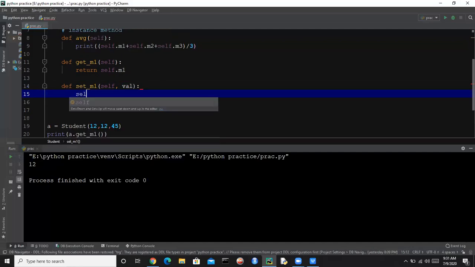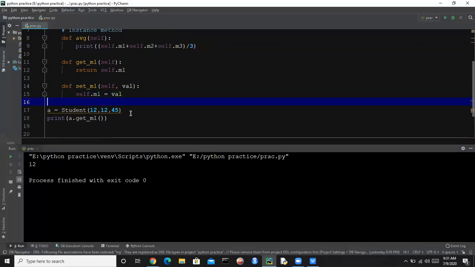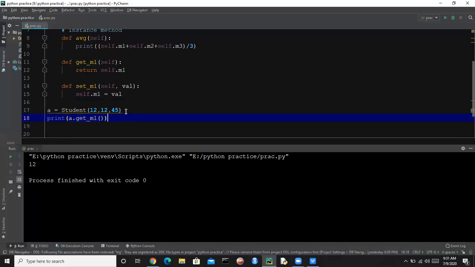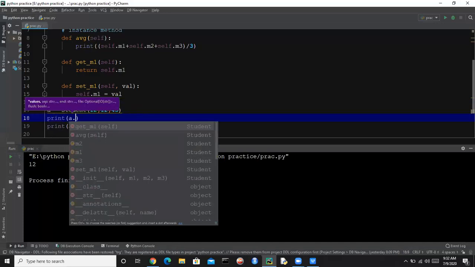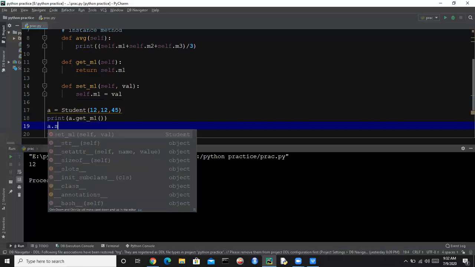So let's say self dot m1 equals val. This function will not return any value. When we call this function, let's say print a dot get m1, and then a dot set m1.